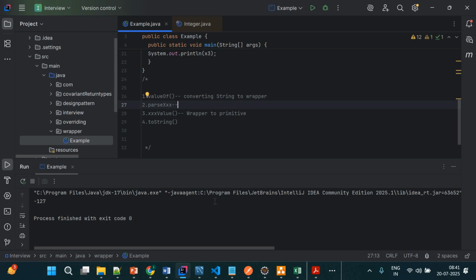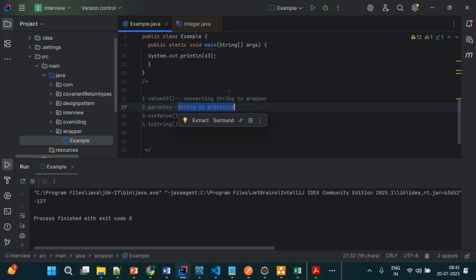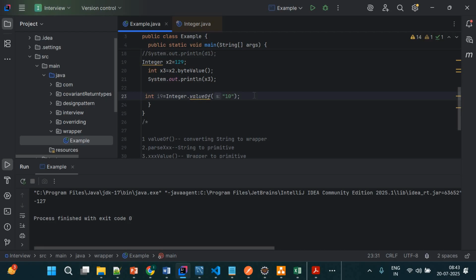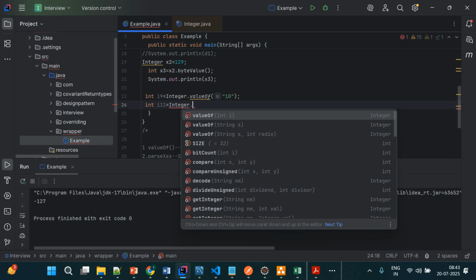So it is converting a string to primitive. Whenever you want to convert a string to primitive, then we have to use parseXxx. What does it mean? Let's understand once. A string to primitive, right? So let's say now if you're going to use parse, let's say I'm using one variable, int i11 equal to Integer.parseInt,